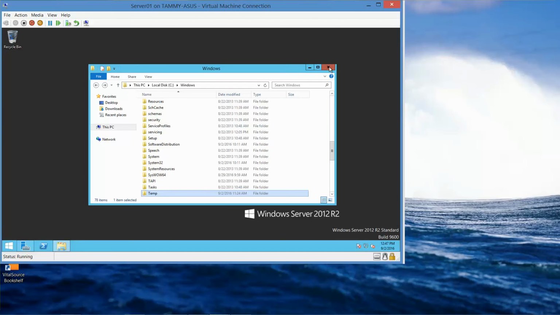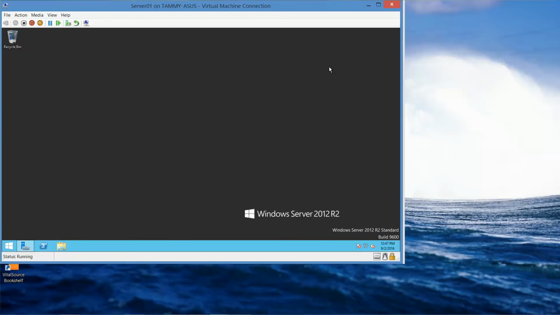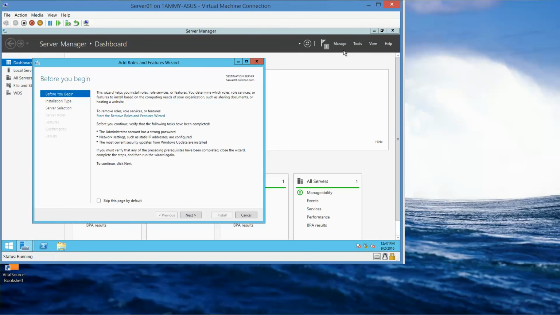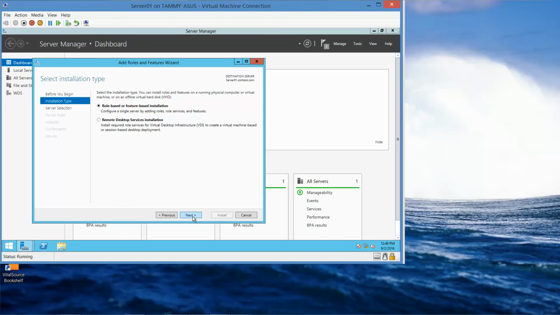Now we're going to go ahead and close out of this. If Server Manager is not open, we're going to go ahead and open it. So we're going to go ahead and maximize it. And at the top of Server Manager, we're going to click on Manage. Add roles and features. Next, next,